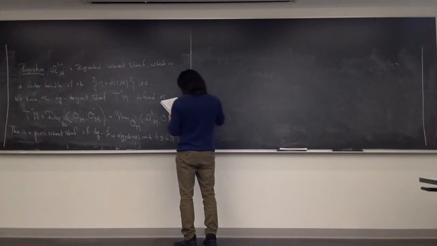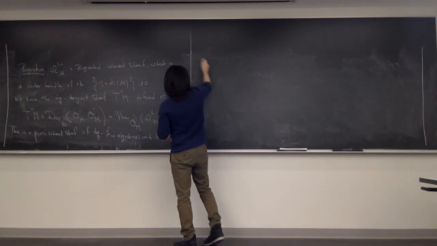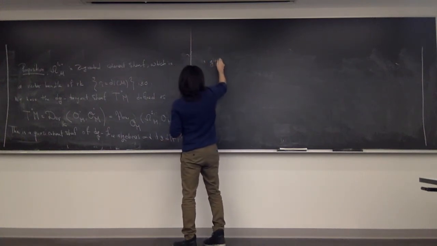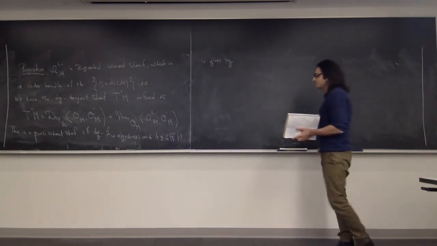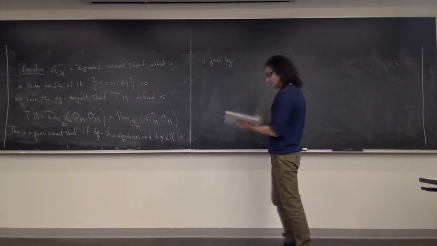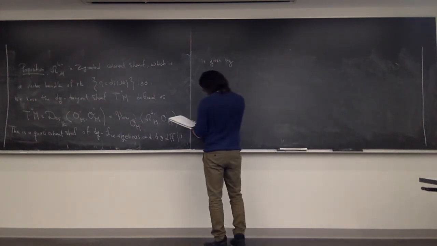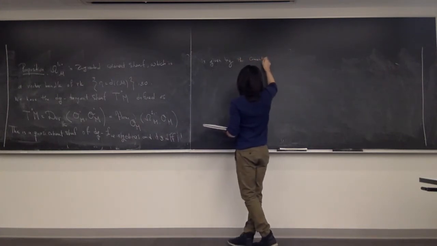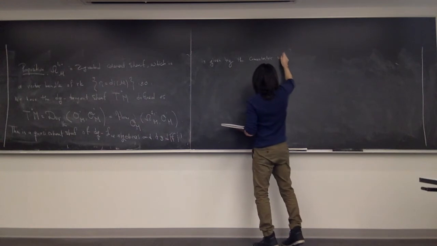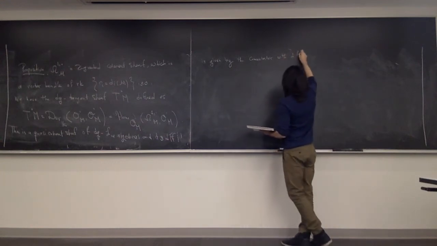Differential is given by, you need to work it out. I leave that as an exercise or practice to see it. So differential is given by a commutator with differential